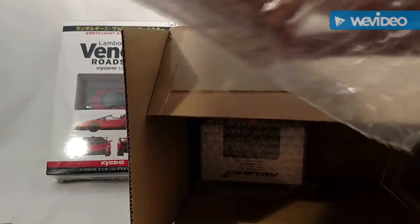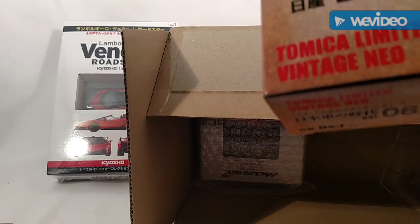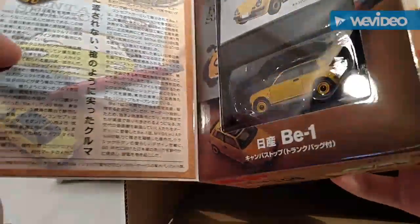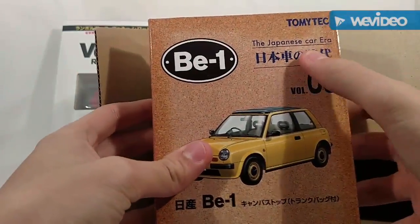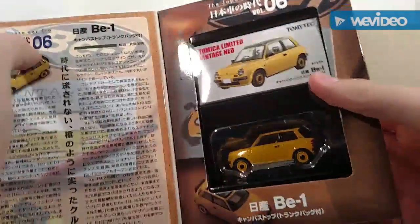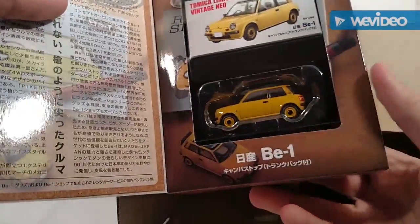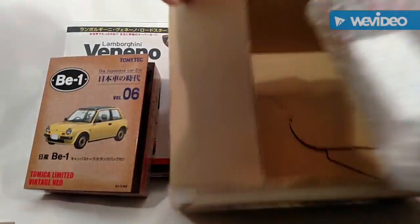And then, as you can see, I got the Tomica Limited Vintage Nissan B1. That's the special Japan car era special edition version. I could have gotten one a couple bucks cheaper in blue or red or white, but it's just not as fun as this little yellow. So there's that, and then